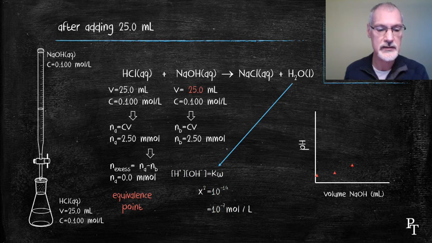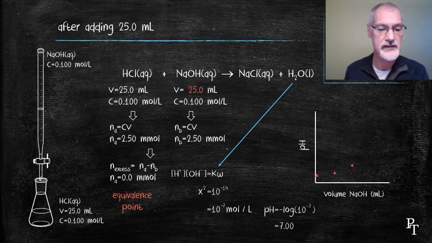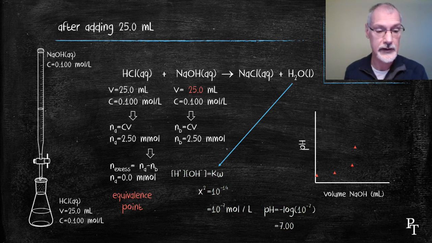So X squared is 10 to the minus 14, giving me X, or the concentration of the acid particle, is 10 to the minus 7. And as we've seen before, if I take the negative log of that, I'll get a pH of 7. So at my equivalence point, essentially I have salty water with a pH of 7. Now again, this would have to be at 25 degrees Celsius. Let's move on. Let's add another milliliter of the base